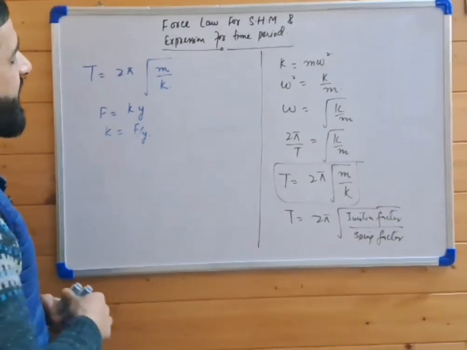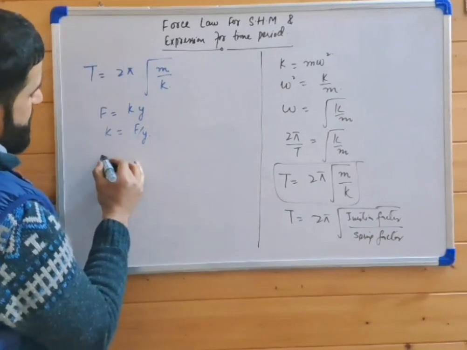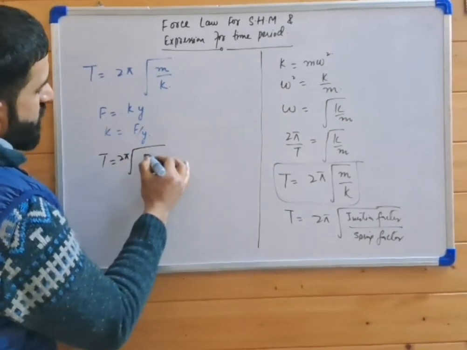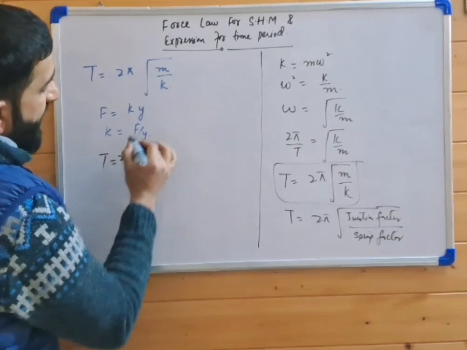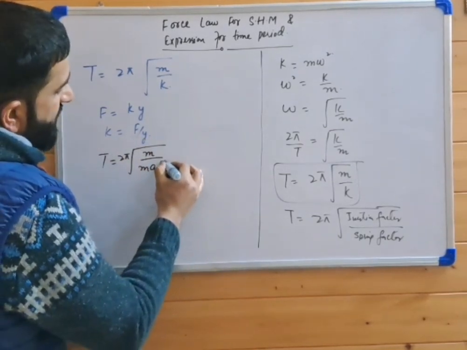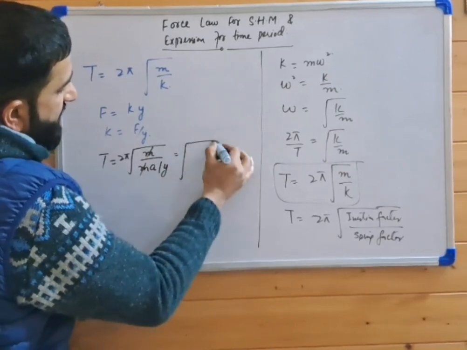Now putting the values here, T is equal to 2 pi root of m divided by F. F is equal to mass into acceleration, so m into a divided by y. This m and m cancel,